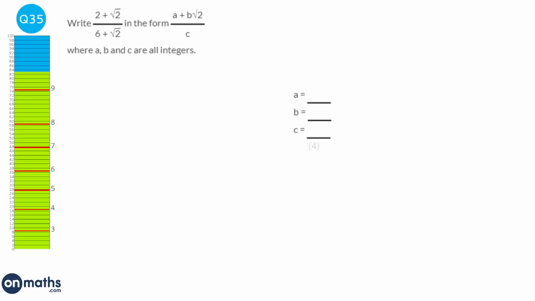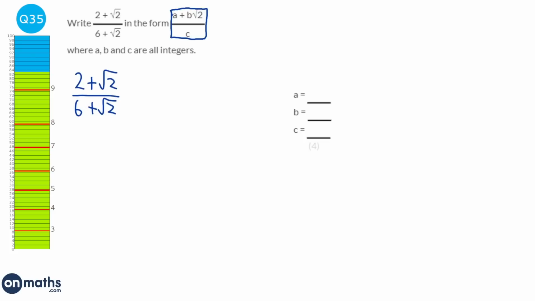Now notice the format that it wants the answer in does not have a square root at the bottom, so we are going to be rationalising the denominator with this. So I'm just going to write out the question, just so we've got a start. And notice here we've got this 6 plus root 2. Now you might think you rationalise the denominator by timesing top and bottom by root 2, and that would get rid of the root 2 there, but it would actually create a 6 root 2 at the bottom, so it